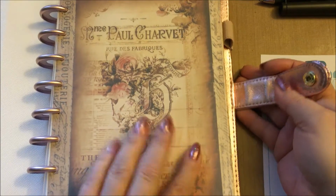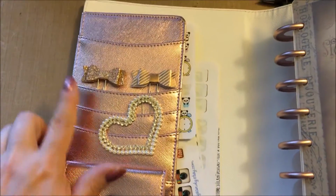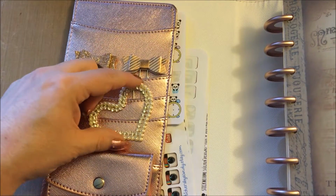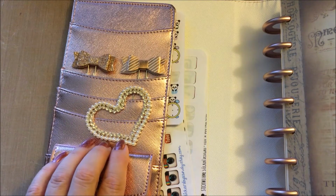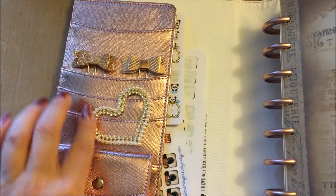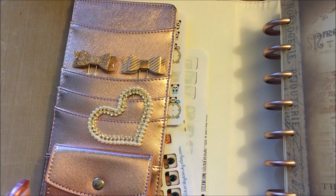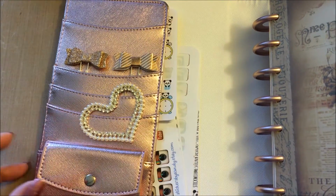I changed the front cover, by the way. I haven't done much to anything else. I put a couple of these little bows here, and then I made a paper clip out of this gorgeous diamondish and pearl heart that I got from Natasha's Scrapbook Corner. And then I just tuck in here the cute little stickers that I use inside my